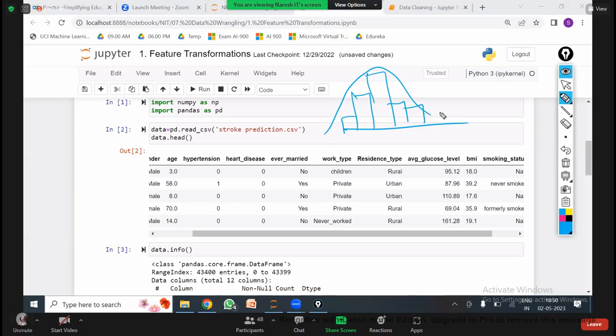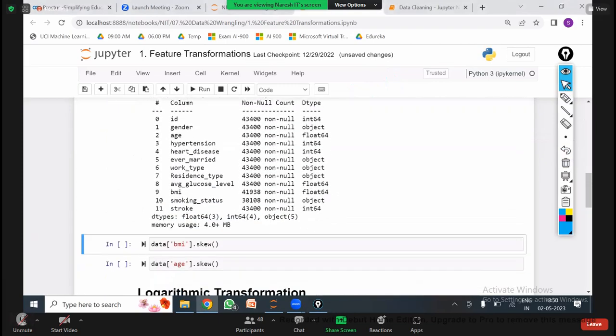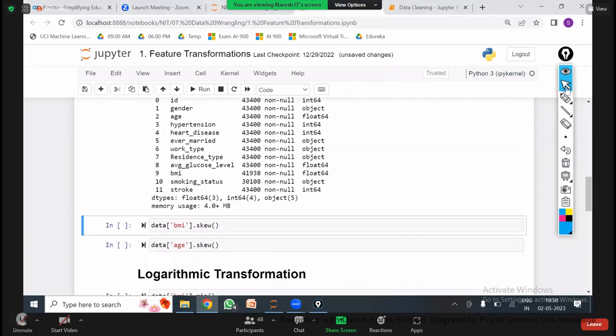Only for continuous data, a histogram is possible. For a histogram only, the bell distribution is possible. Whether the bell is symmetrical or non-symmetrical, we are going to check. So it is applied only on the continuous variable. So I'm going to take the continuous variable like